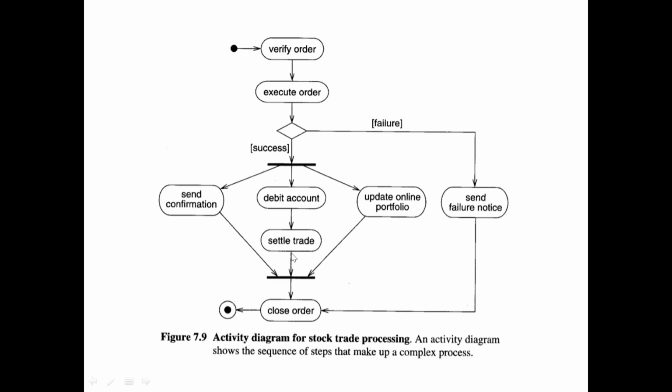So after debit account, that trade should be settled, right? Only after all these three functionalities are complete, right? Then it can go to close order. If one of them is incomplete, it cannot go to close order. So this is known as merging of control. This is where the three things merge. So unless all three are done, you can't go ahead with the next one, which is close order, right? So this is known as split of control. This is known as merging of control, and finally you come to close order. So even if it's a failure, after this it is coming to closing of order. So this is basically where an activity diagram comes into picture, where you're focusing on operations.